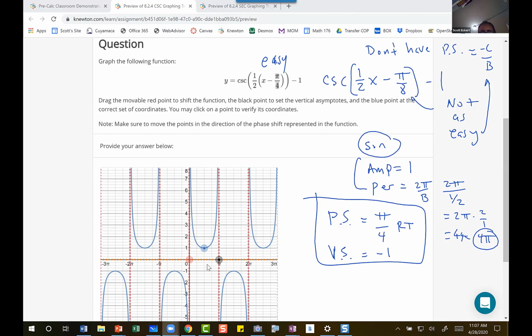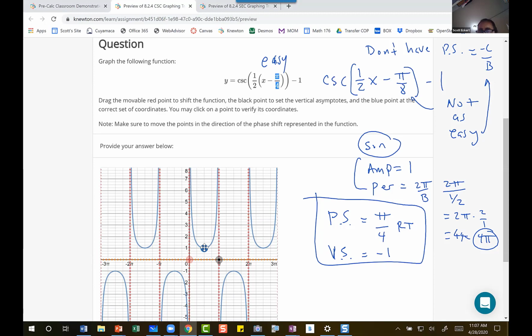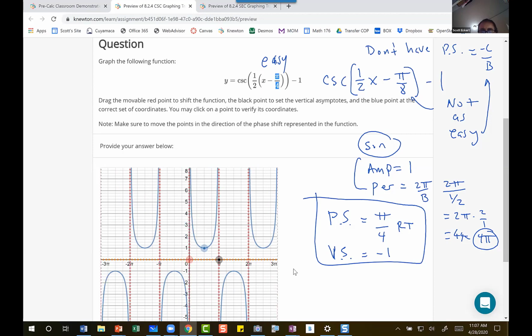And so let's do the amplitude and the period first. Okay, so amplitude is already at 1. I don't really have to adjust that. But the period is not right. And more challenging than that, the window doesn't go out to 4 pi. It only goes out to 3 pi. So I have to make sure that when I stretch out